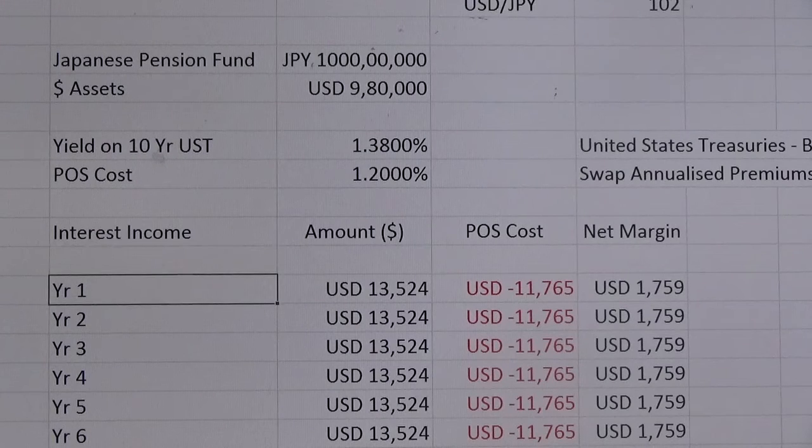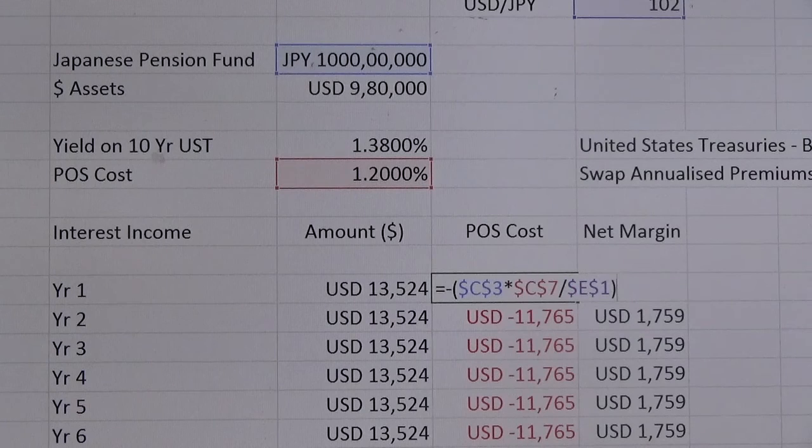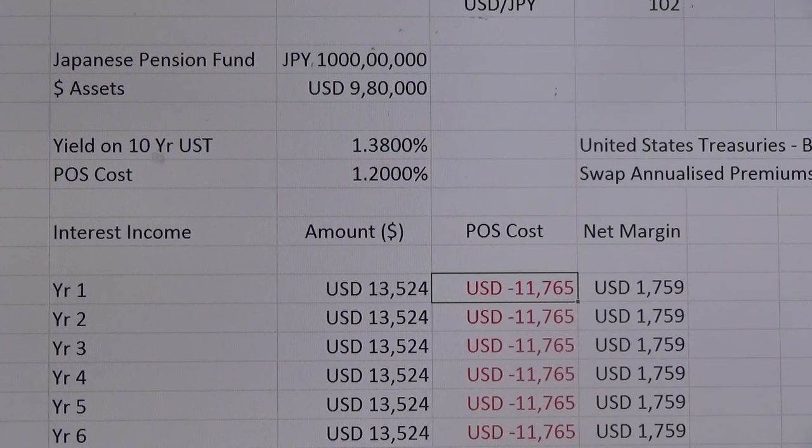So now see this 10 years, every year you will pay this. Now see the F2. Now this is in Japanese yen. Now 100 million Japanese yen into 1.2% divided by this USD JPY rate. So first you will get it in Japanese yen, and then you are going to convert this into dollar terms. So you will get some dollar amount, which is roughly, I think, 11,765, roughly 11,800. This is net